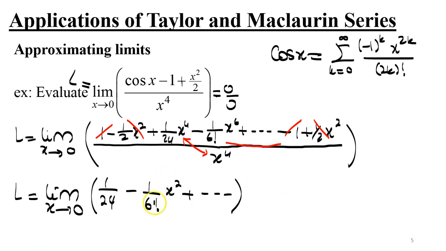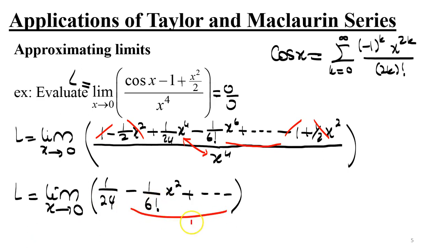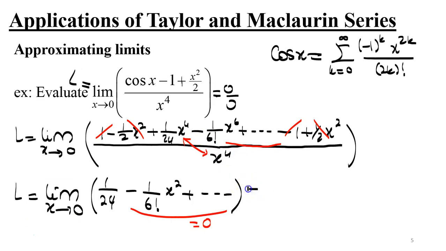All the other terms would have an x in them. They would consist of a power of x. So by setting x equals to 0, all of these terms would eventually be equal to 0, which leaves me with a limit equal to 1 over 24. So 1 over 24 would actually be an approximation to this limit using the Maclaurin series